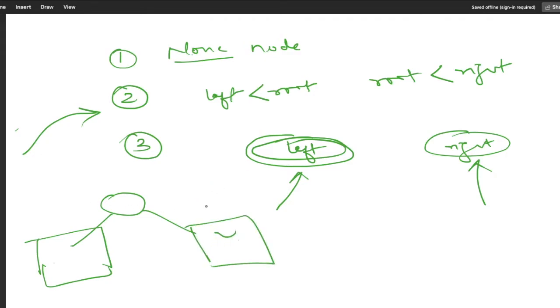So what we have to do here is check whether in the left part it is satisfying the second condition or not. If it is satisfying the second condition, then we check the right side for the same condition, means whether for each and every node we are getting the BST condition correct or not. If both sides are correct, then at last we have to return true, means we check the left side and the right side, and if both are correct, we return the AND of left and right. So let me write the logic first, then I will explain it line by line.